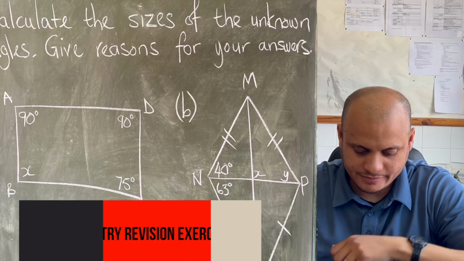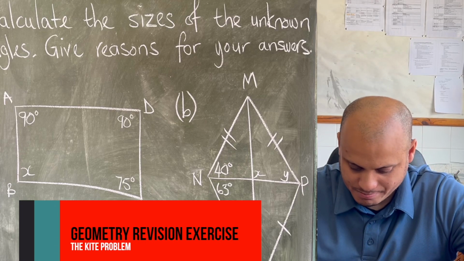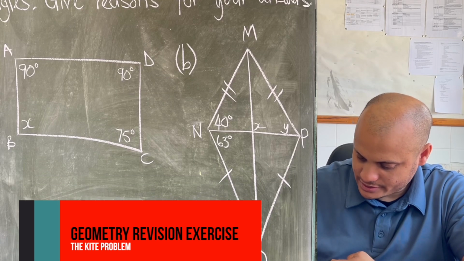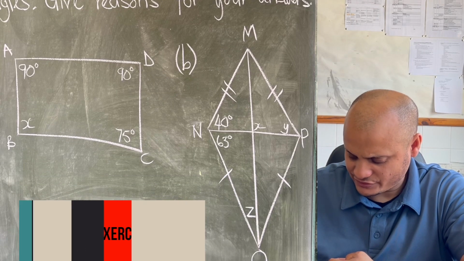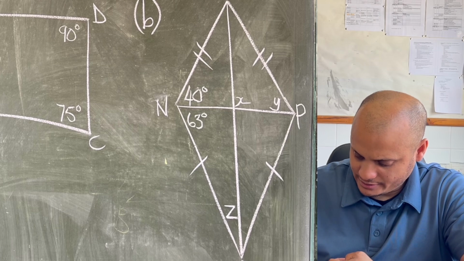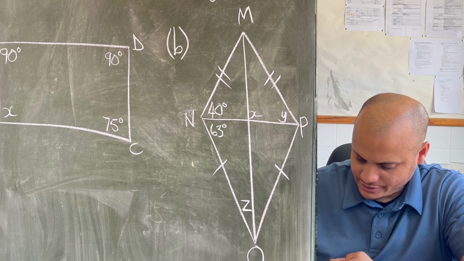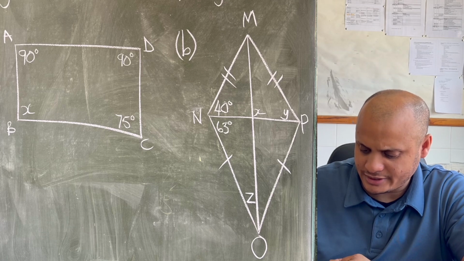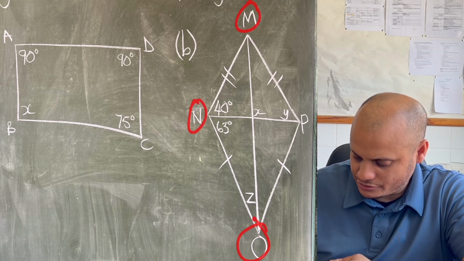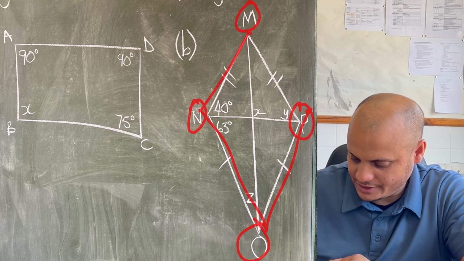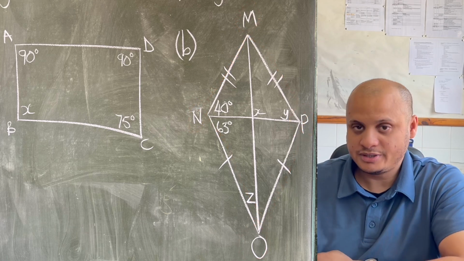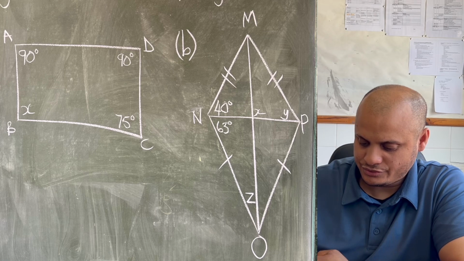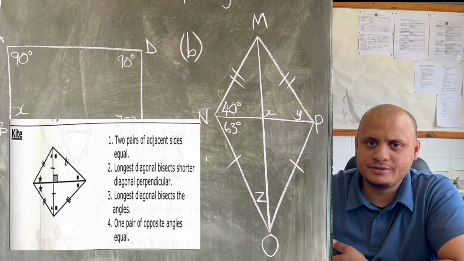Right, we are back with question 1b, and question 1b is a kite. From what we can tell here, if I look at the diagram in 1b, I've got quadrilateral MNOP, and it appears to be a kite, but there's evidence to suggest that this is a kite because if I look at the properties of a kite,